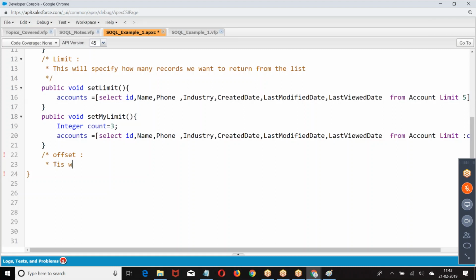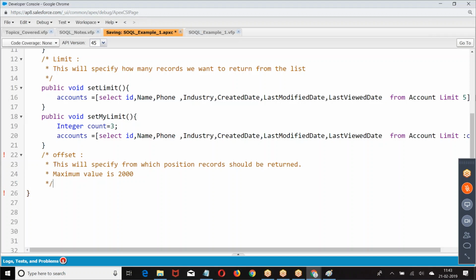Offset. This will specify from which position the records should be returned.